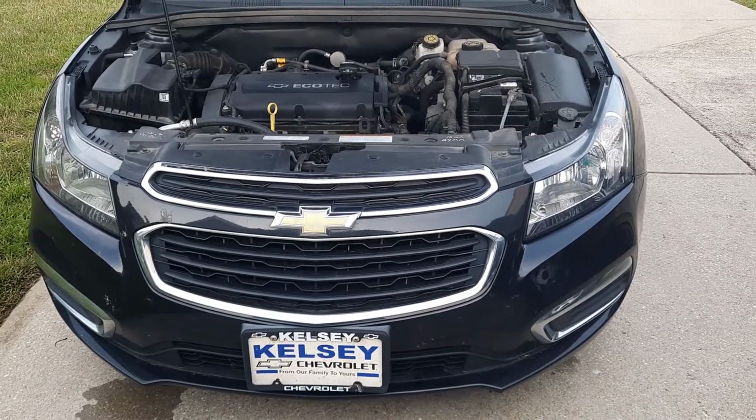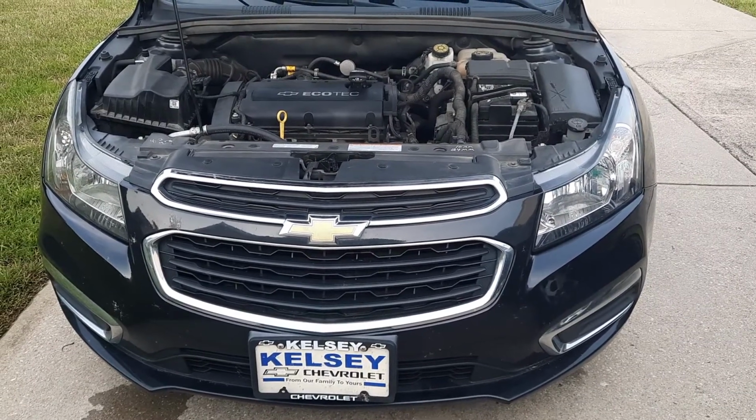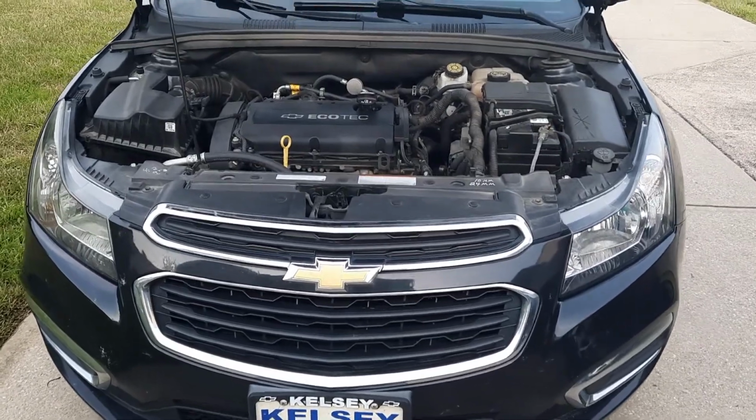Chevy Cruze 2015 had an engine light. We went to the dealership